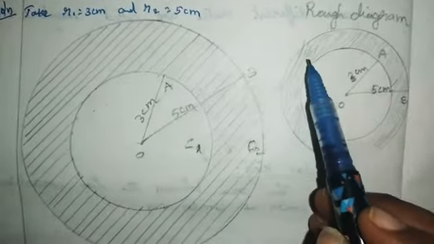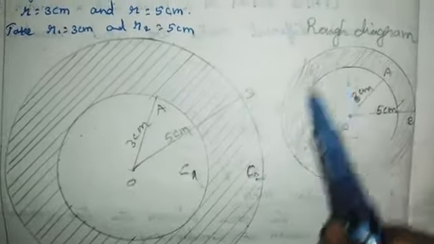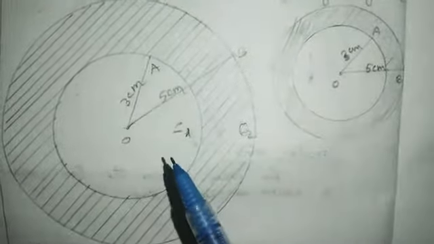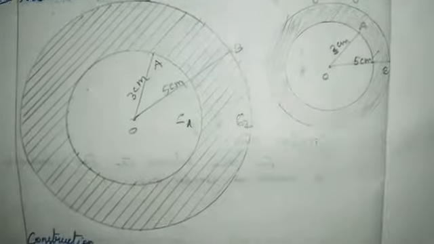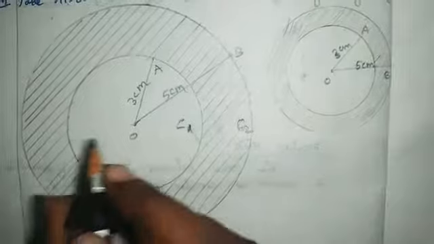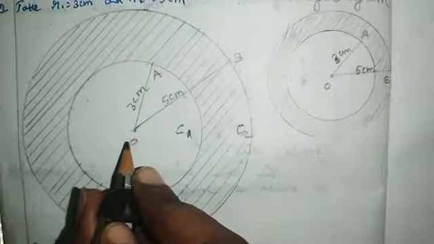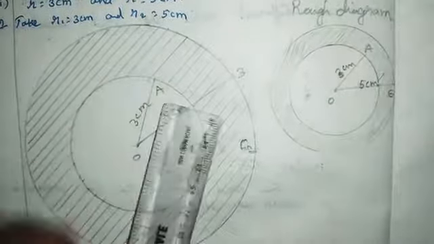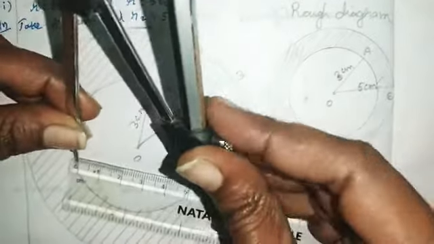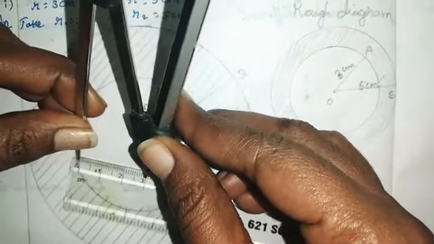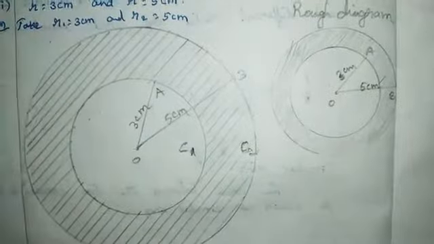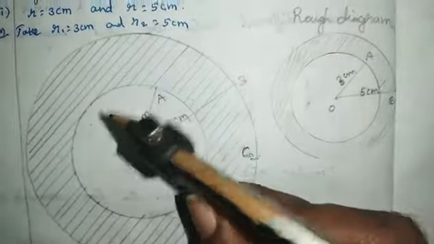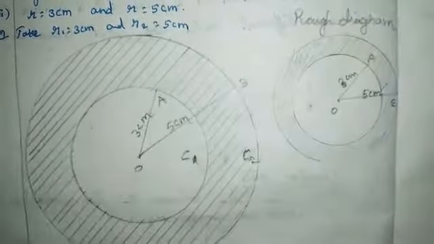And the second thing is we are going to find out the width of the circular ring. So this is the width of the circular ring. We are going to find out this area. First, we are going to construct the concentric circles. For that, first you have to mark a point and mark it as O. Then the first circle, that is R1 equal to 3 cm. So you have to take 3 cm in the compass using your scale. Then from O, draw the circle of radius OA equal to 3 cm.